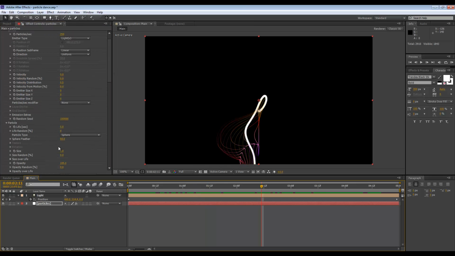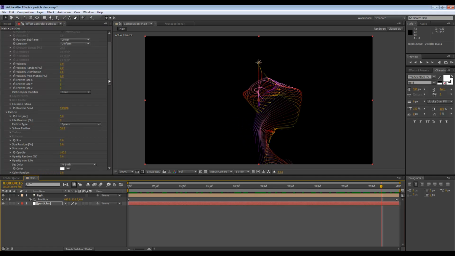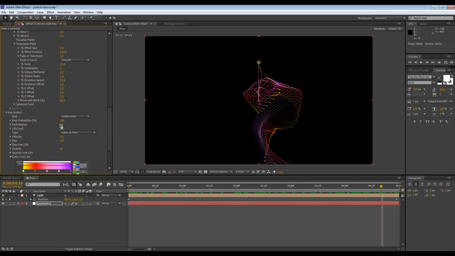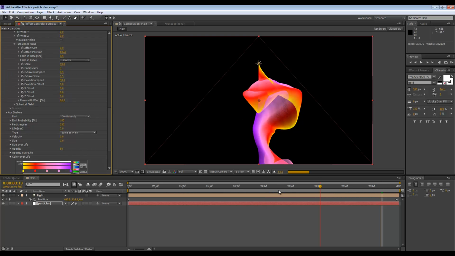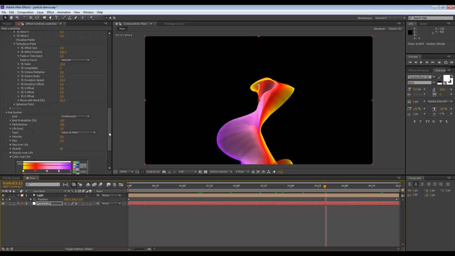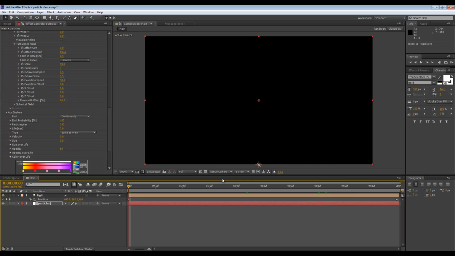Let's go to the main particle size and set this to 0. We don't want to see the main particles, we only want to see the secondary ones. Let's go to the aux settings again, and the particles a second, let's set this to 250. So we have way more, and this kind of starts to look like some kind of cloth or something, like a really colorful wavy cloth. And we can turn down the size to 0.5, so it's going to be really quite fine and quite thin. And if we just do a quick run preview,